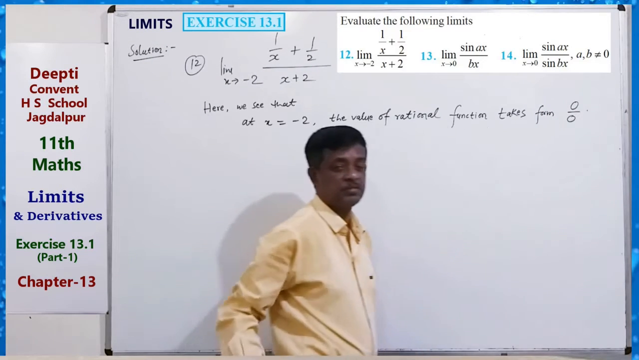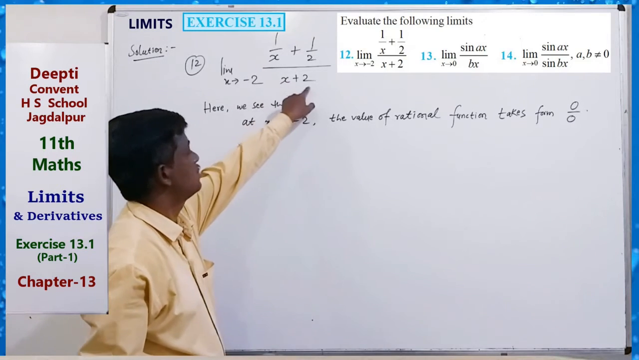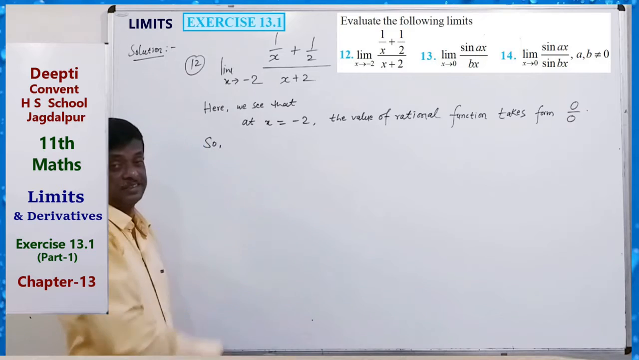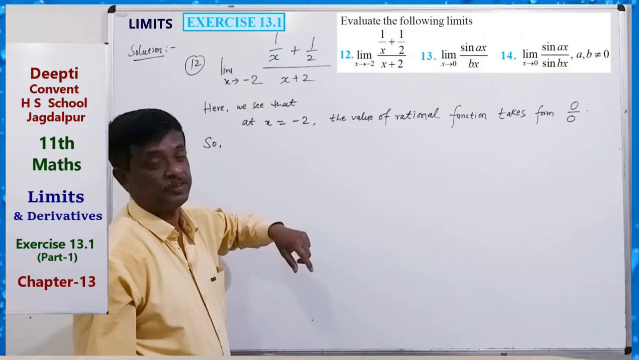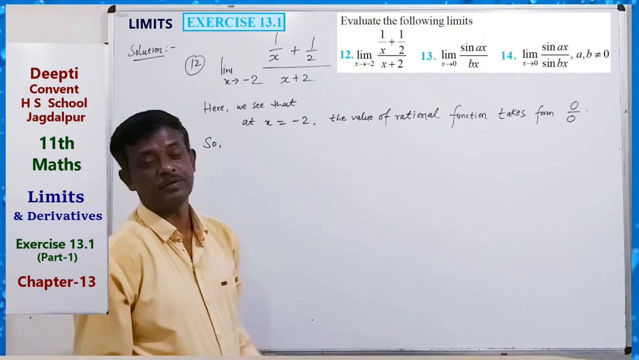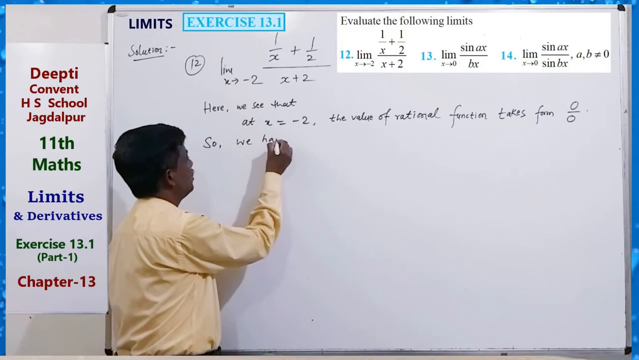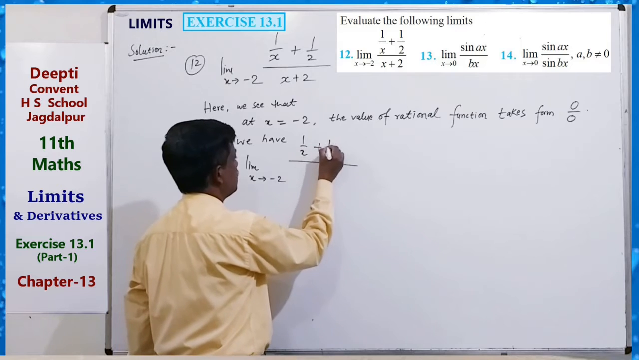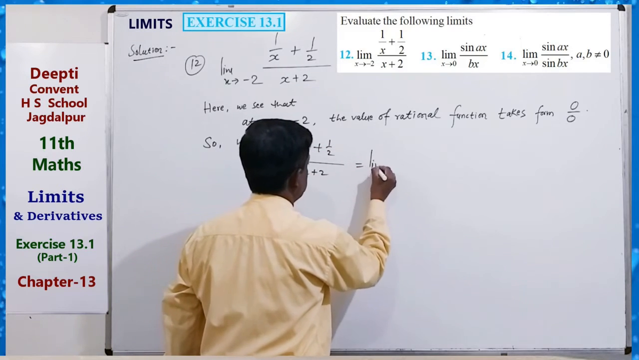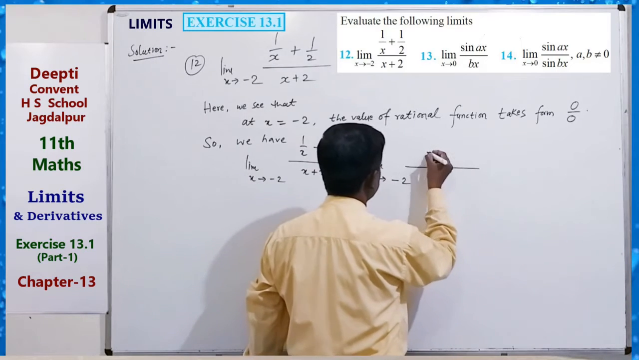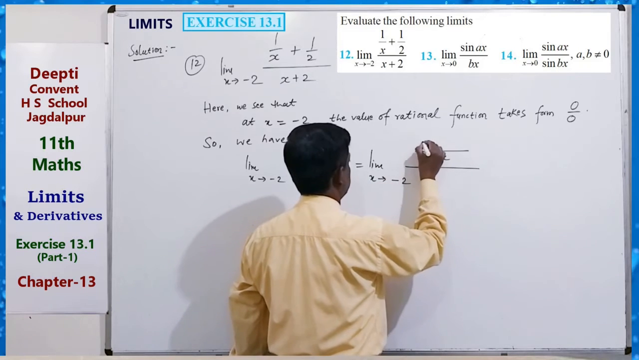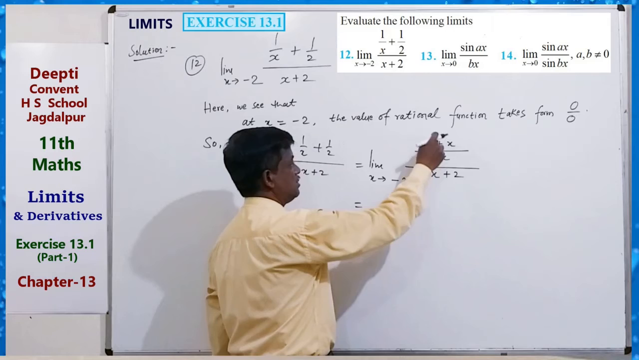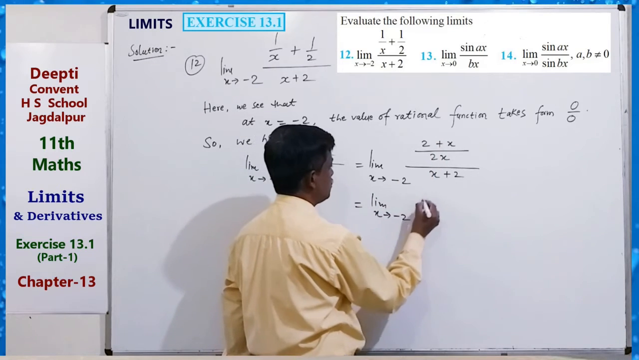So, in this case, let's try to take the LCM, then x plus 2 will be cancelled out from numerator and denominator. So we have limit x tending to minus 2 of 1 by x plus 1 by 2, upon x plus 2, which equals limit x tending to minus 2 of 2x and 2 plus x, 2 plus x upon x plus 2. We see that this cancels out